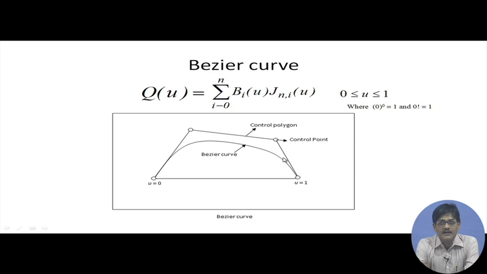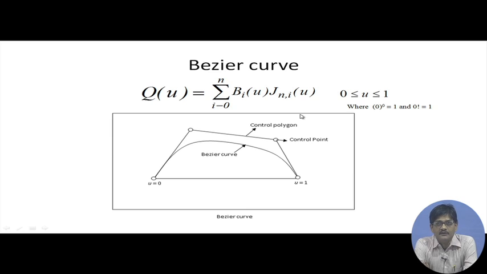The points which are making up this control point network: the first control point and the curve are coincident. The last control point and the curve are also coincident. In between, the curve might or might not pass through these control points, and the curve can have different shapes in between, but it is always affected by the locations of these control points. Now, let us have a look at this